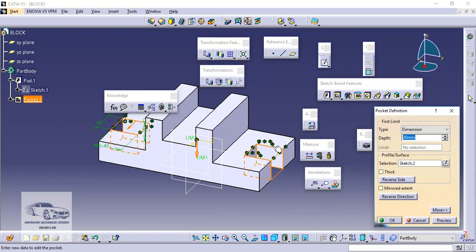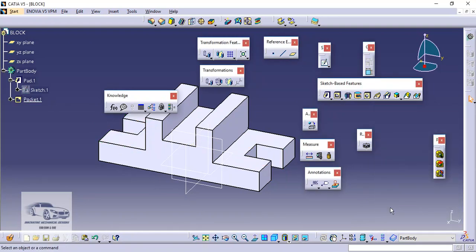In pocket, instead of using the dimension option, I will use the option of up to last. With this condition, the software will always maintain the cut till the last surface of the part without considering any modification being made in the design. Meaning, even if the height gets modified, then the cut will be maintained till the end.